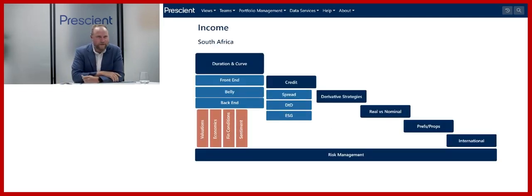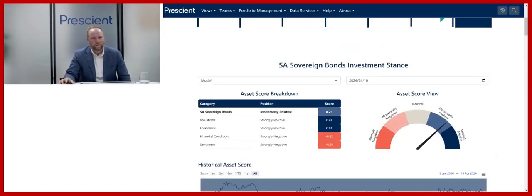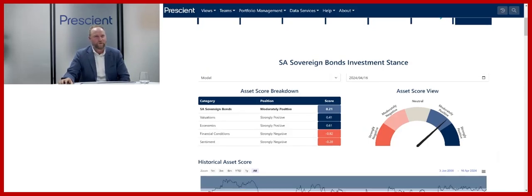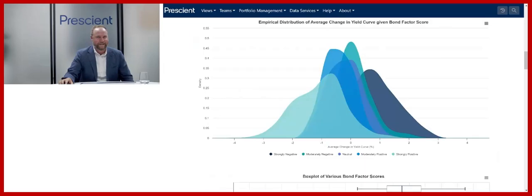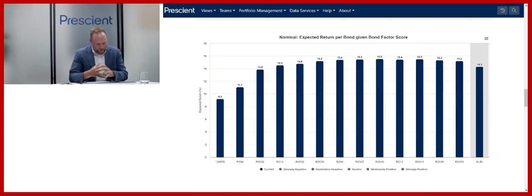And then finally, if we think about the back end, here we bring in our bond score, or our bond view. At Prescient, being very systematic, we break it down in different factors. You can see we are moderately positive, but what I want to show you here, and what's important to understand, and Phil again very nicely positioned that, is that bonds don't just give you the yield that you buy it at. There's certain components that a bond gives you because of the shape of the yield curve, because of the price it trades at, etc. That's going to give you above and beyond that yield that we're looking for, that quest for yield.